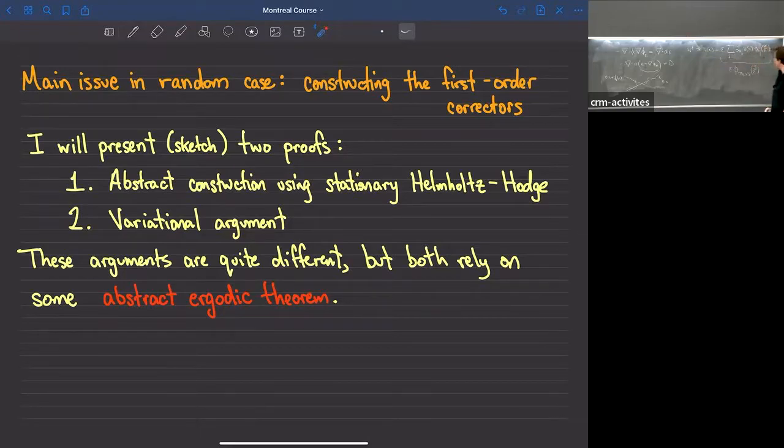Okay, so what we really need for this expansion to be reasonable is that this thing be like little o of 1 as epsilon goes to 0. In other words, we need that the correctors, for X in a bounded set, okay? So we need that for X in a bounded set, this expression is going at least to 0 as epsilon goes to 0. And if you rescale that so that you don't have the epsilons there, what you're really saying is that you want the correctors, if you can define them,